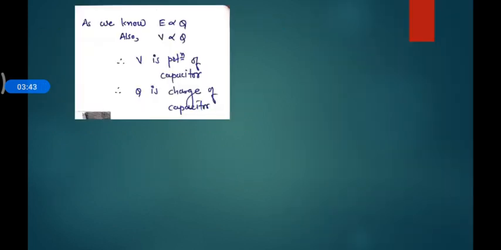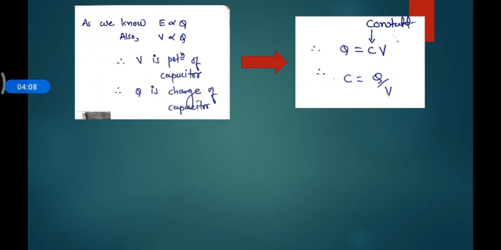Yes, for deriving the capacitor and capacitance relation, we know that E is proportional to Q. What is the formula for E? E is equal to KQ by R square, so it is proportional to Q. The potential is also proportional to Q. So V is the potential of the capacitor and Q is the charge of the capacitor. Then, reversing it, Q is proportional to V. If you want to remove the proportionality sign, you have to put in one constant, and that constant is the capacitor constant, which we are calling C.